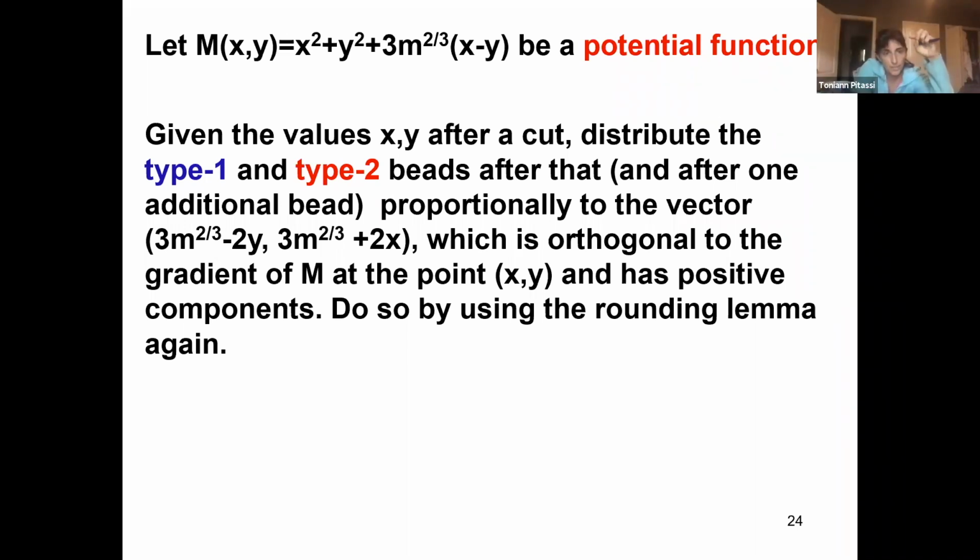Sorry, Noga, wait, just give 1 second here. So this vector, do you mean the first part is for type 1 and the second part is for type 2? That's right, yeah. So the type 1 will be some product of the first coordinate and the type 2, yeah. So if we choose this vector to be orthogonal to the gradient of M, because this M is sort of a convex function,